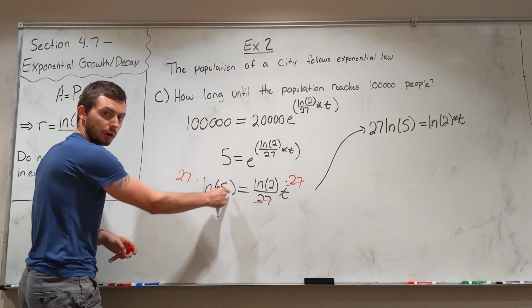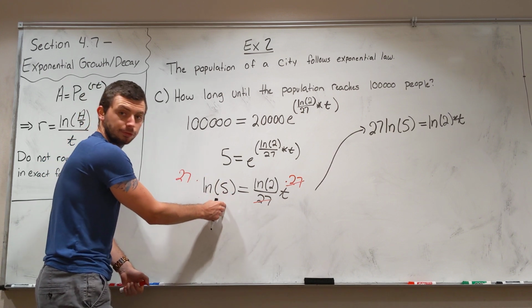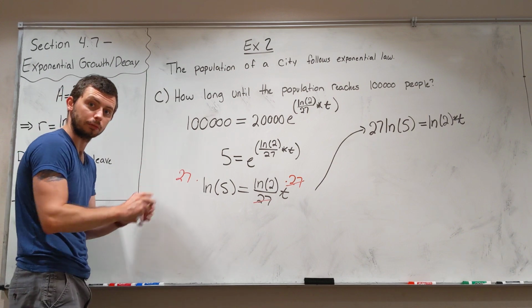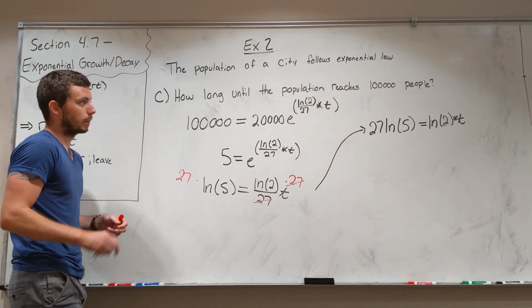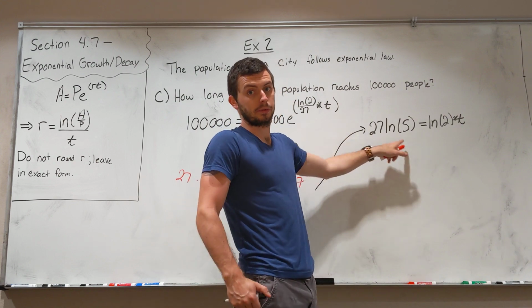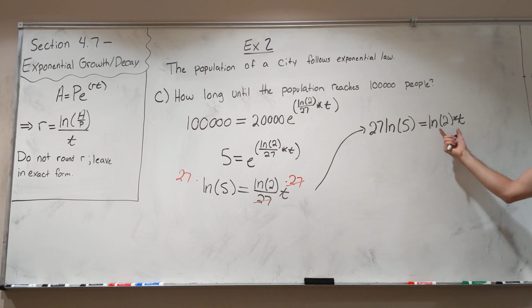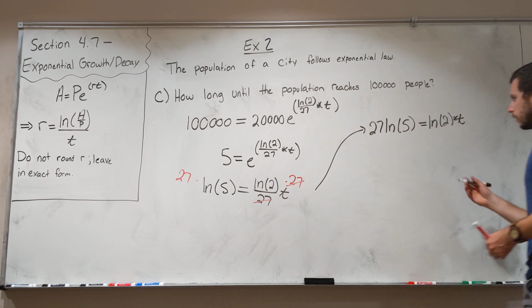This is considered to be one number by itself, one entity. It's not ln times 5. So it's all one continuous thing. But once we get over here, so again, 27 does not multiply the 5. All we have to do to get t by itself is divide by natural log of 2. And so once we do that,